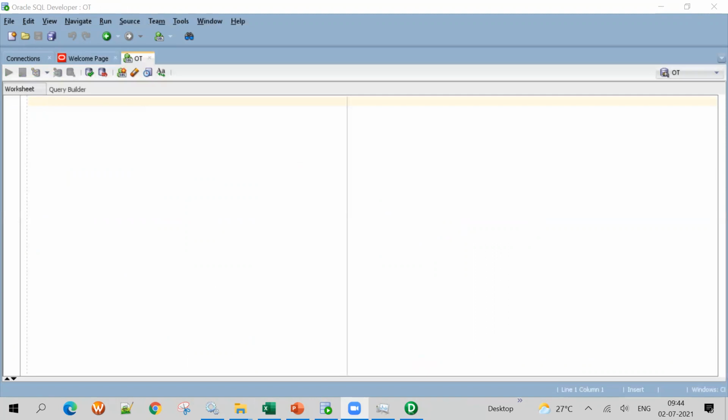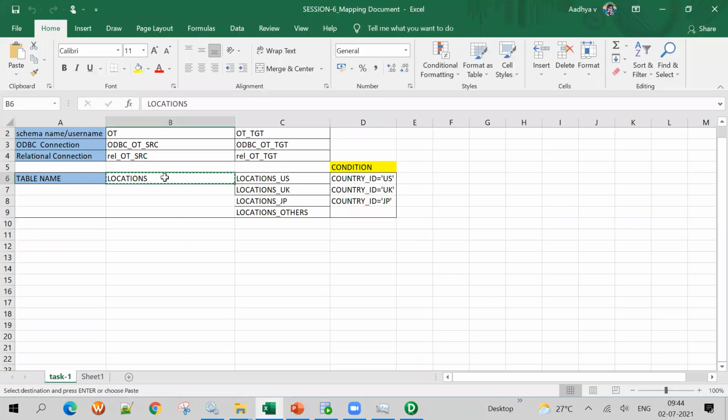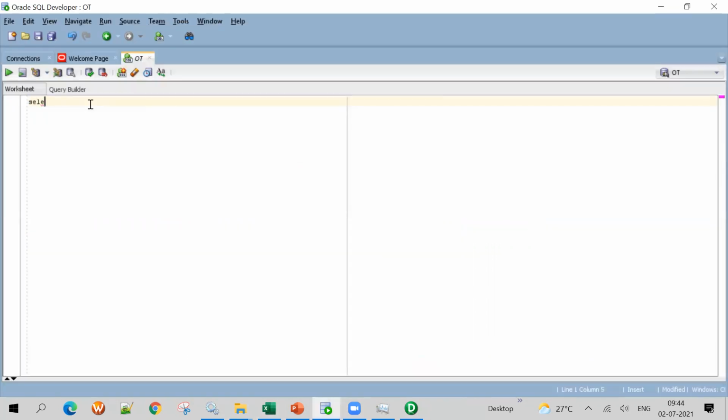Okay, I have a table called locations. Select star from locations.